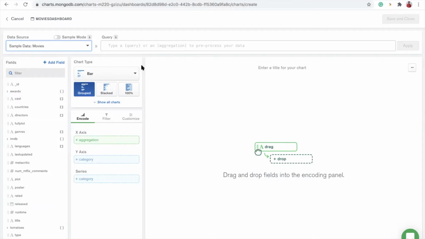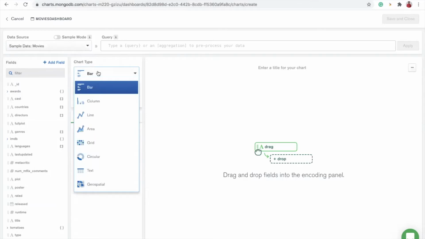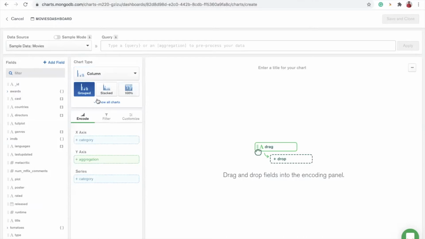And the next window here you can see is the chart type. There are multiple types of charts available: bar chart, column chart, and we have a circular, that is a donut, and text charts, and then we have geospatial charts. So for now I will be selecting the column chart, and in that for the X category I will be selecting the directors.